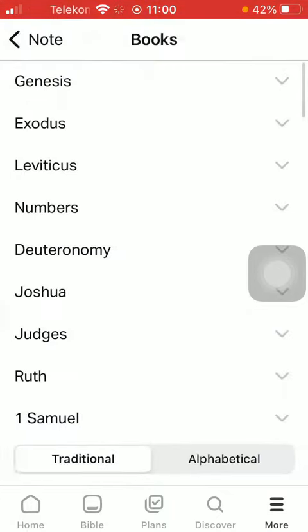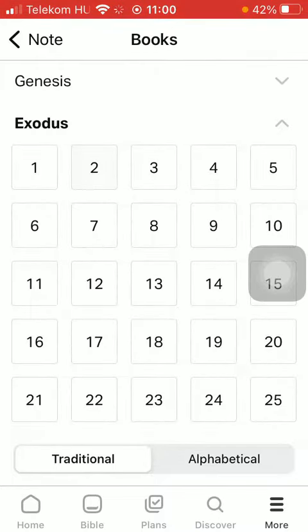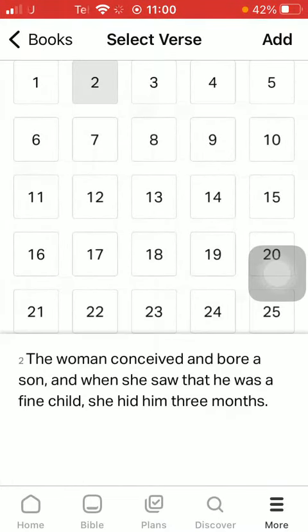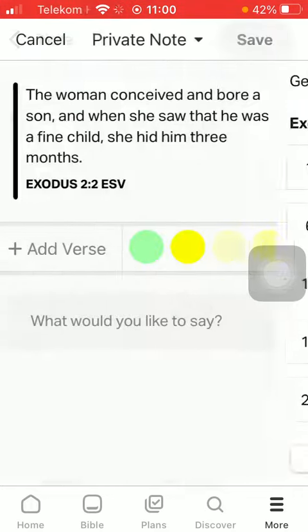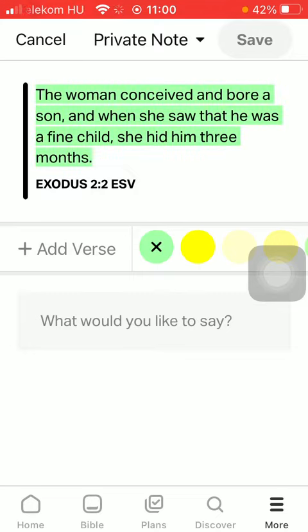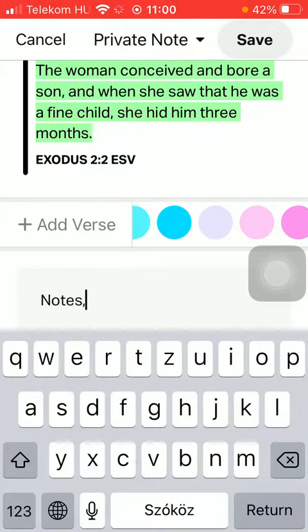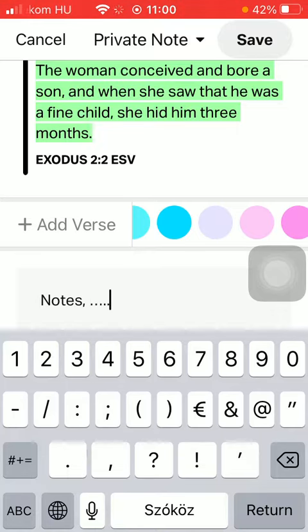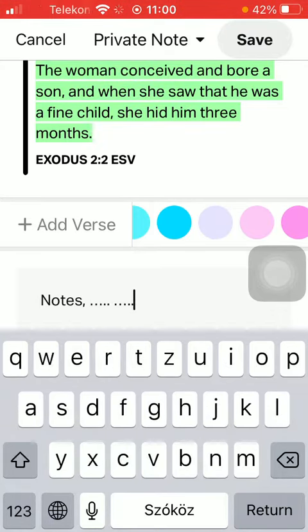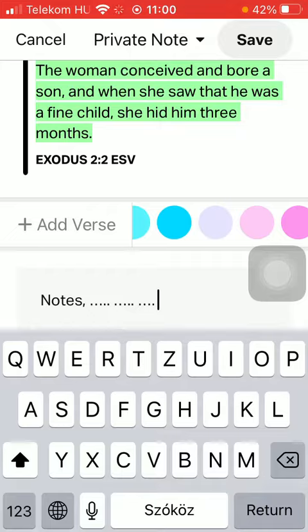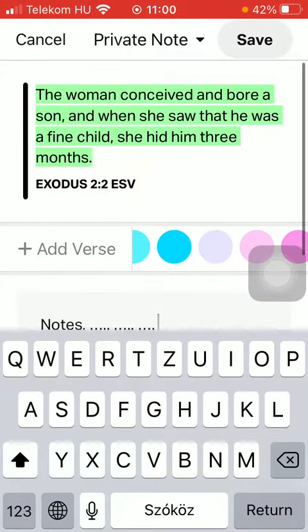Tap on the Add Verse button to select the relevant verse to which you would like to add your reflection, thoughts and notes about. So click on the Add button in the upper right corner of the screen. You can highlight it if you want to, and tap on the What would you like to say box down below to type in your thoughts, notes and basically anything that comes to your mind or that you would like to save for later. When you are done with it, click on the Save button in the upper right corner